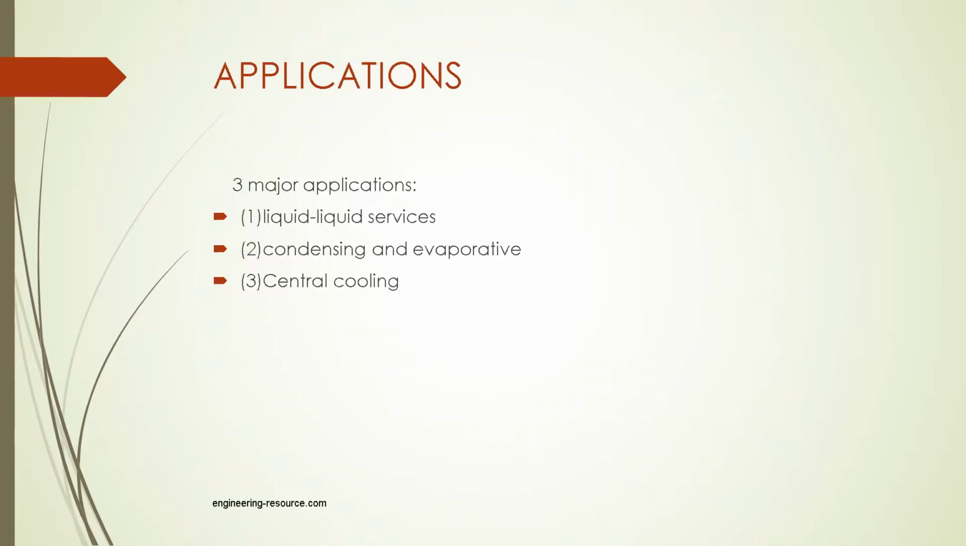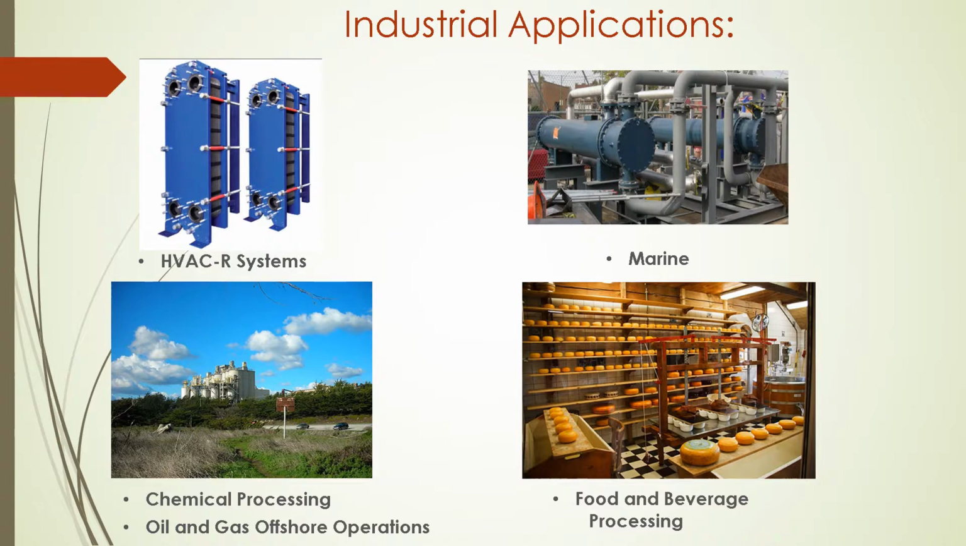and working condition. All plate heat exchangers listed above have three major applications: liquid-to-liquid services, condensing and evaporative, and central cooling. Plate and frame heat exchangers are used for a number of HVAC applications. Their main duty within the system includes heating, cooling, evaporating, and condensing. In chemical processing, plate heat exchangers can be used to recover organic compounds